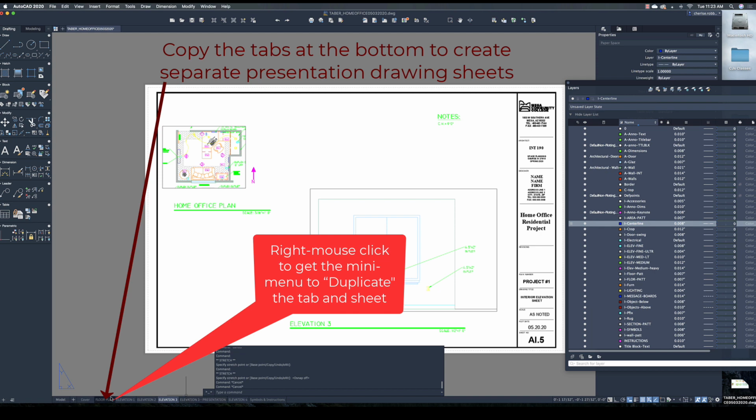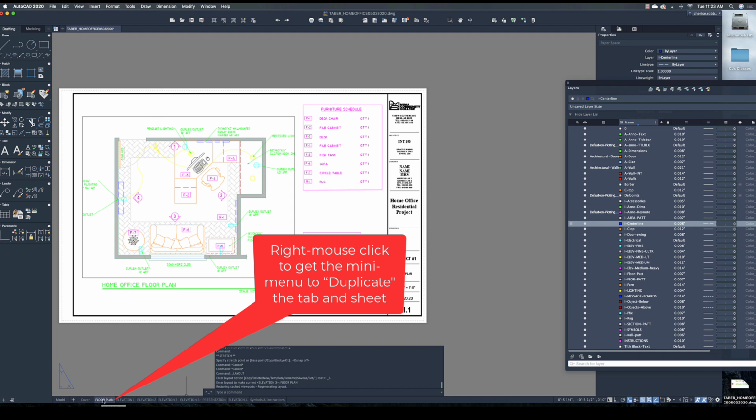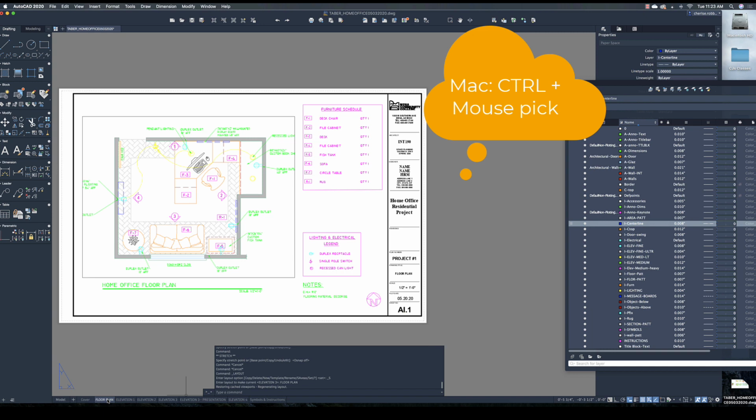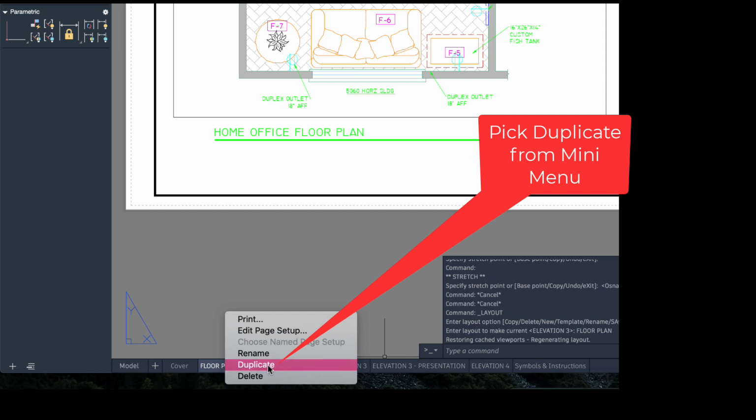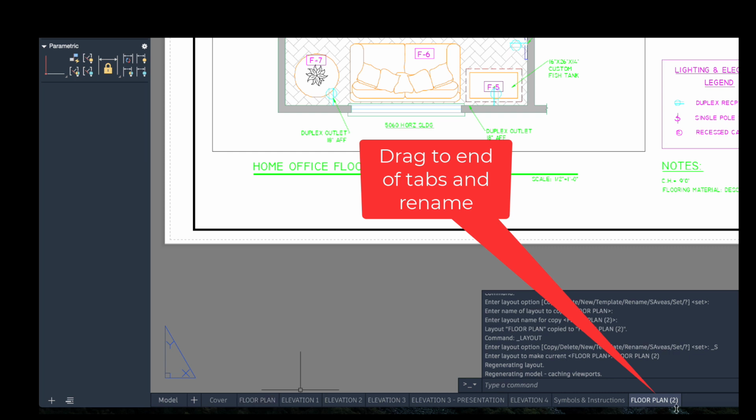So the way that we're going to do this, and we'll start with the floor plan tab, is to hover your mouse over the tab at the bottom, as you see I'm doing here, and right mouse click, or if you're on a Mac, pick and hold the control button down. You'll get this mini menu, and what we want to choose from the selection is duplicate, and we're going to just drag all of our presentation drawings to the right. I'm going to pick on the tab, hold it, and drag it. That way I have my